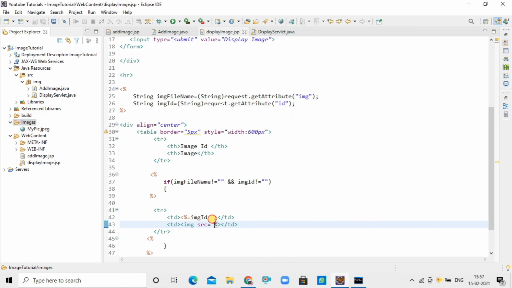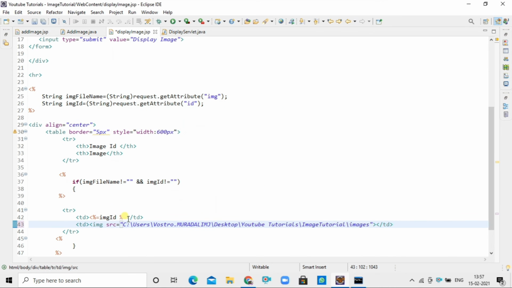Here in src I will use the path of the images folder with the image file name which we have fetched from the database. So the corresponding image will be displayed in the table.